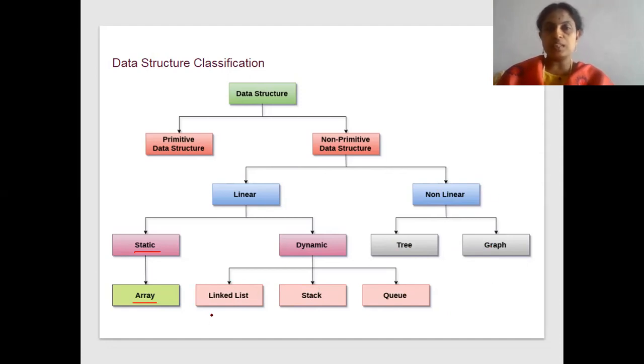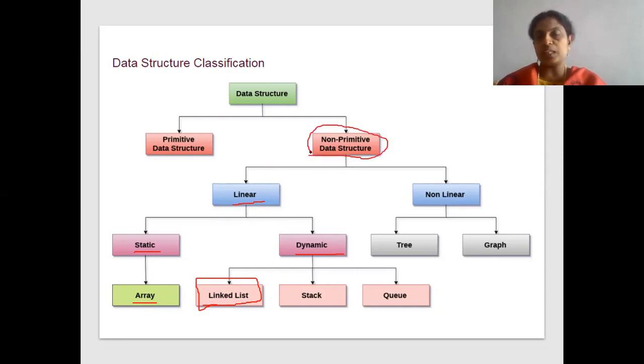Among all these, for the third chapter, we will be starting with the concept called linked list, which belongs to dynamic in nature. That means we can't decide the size in the beginning. While executing, we can store 5 values also, 10 values also, 1000 values also, 10,000 values also. During execution of the program only you can decide the size, and you can keep on inserting the data. Dynamic belongs to the linear nature, and this all comes under non-primitive data structure.